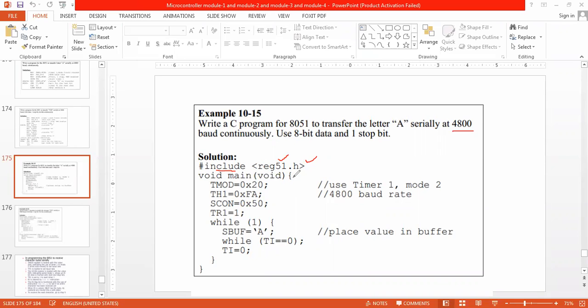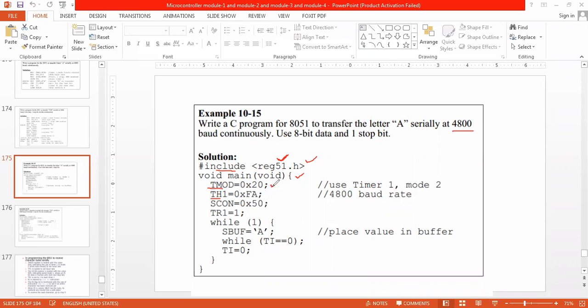Then you know the way of writing the function. The main function starts here. TMOD equals 0x20, so hexadecimal 20 is loaded into TMOD. We don't have to declare TMOD and TH1 because they are already declared in the reg51.h file, so direct names are used here.